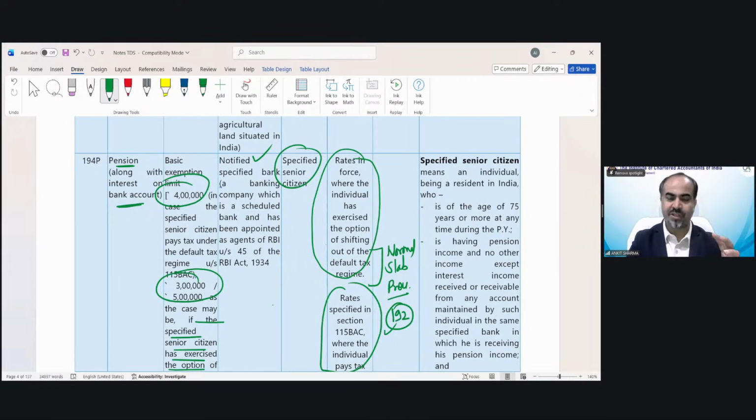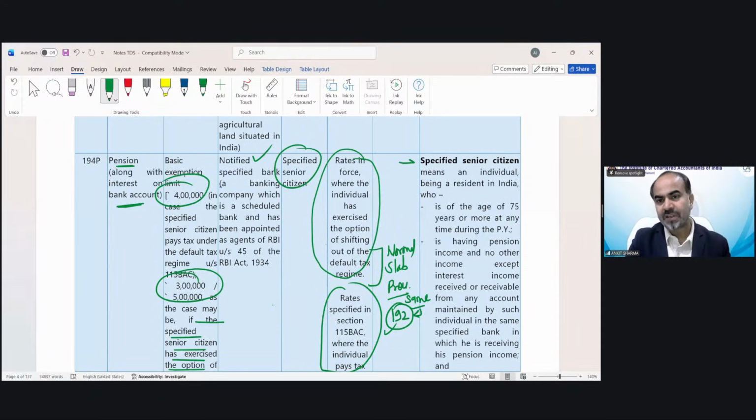This is the calculation of TDS just like section 192. Whatever pension you are receiving, we have to calculate tax on it as per normal provision, and the tax needs to be deducted by 12. So that would be the per month TDS provision. The kind of process we have done in section 192. Exactly the same kind of provision applies for the calculation of tax on your pension, because pension is also a kind of salary payment. So the salary concept is technically applicable.